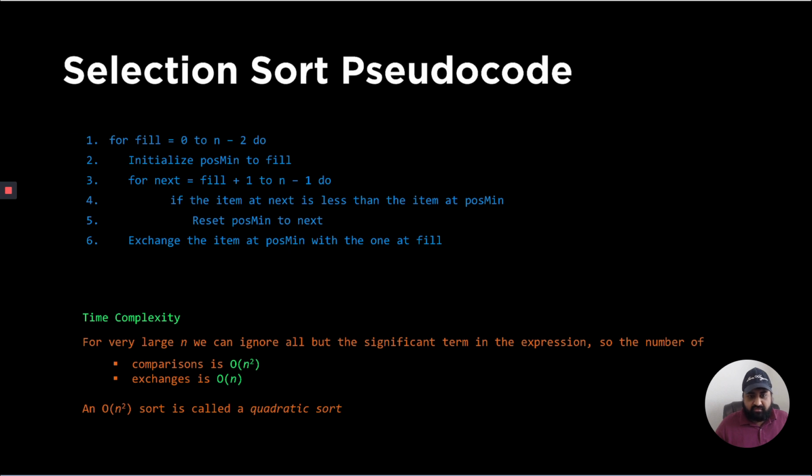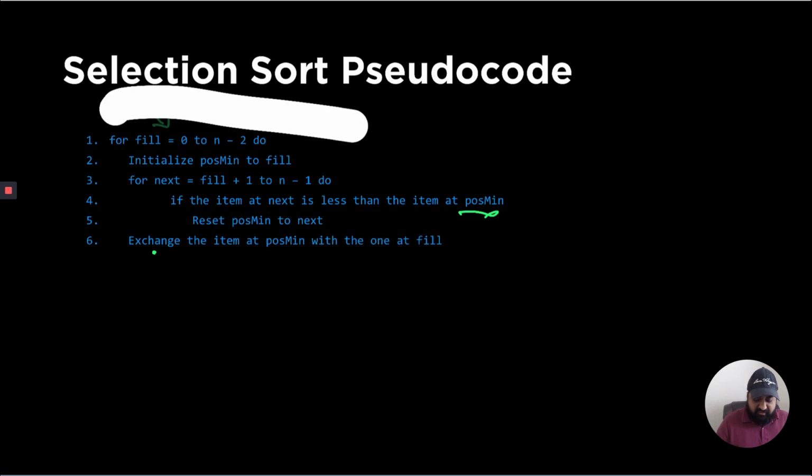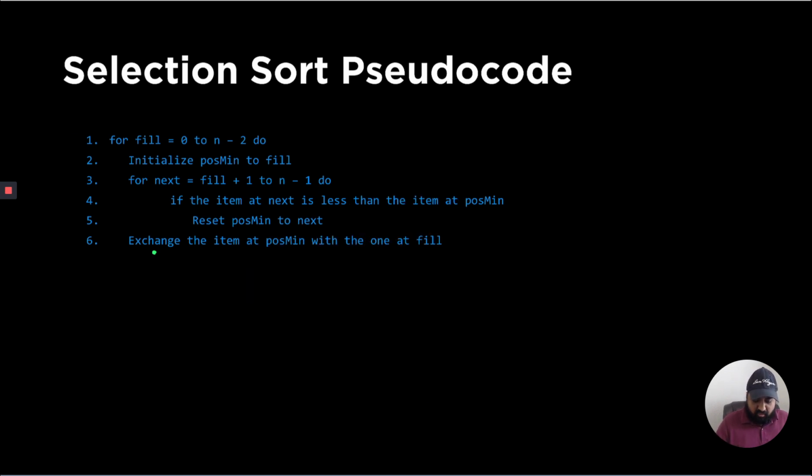So just discussing the time complexity first, how would the time complexity of selection sort look? Since we have two loops, one inside another, the inner loop is keeping track of the minimum or maximum element in n elements. At the second iteration, it will be n minus 1 elements, then n minus 2 elements, and so